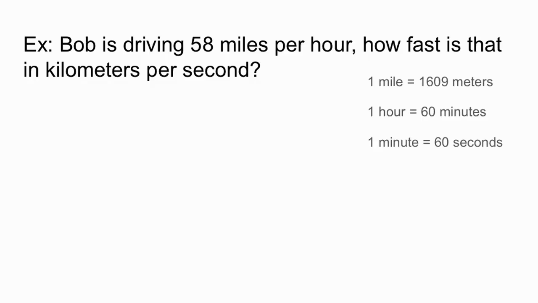There are a few more types of complex dimensional analysis problems that we're going to ask you to do. One of these types is rates. So that's where our starting number has both a number on the top of the fraction or conversion factor and a number on the bottom. So for example, in this case, it says Bob is driving 58 miles per hour. So that's my starting point because it's the number in the problem. And really what that means is 58 miles